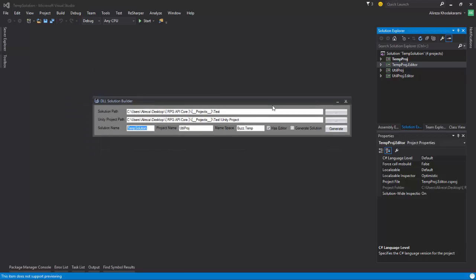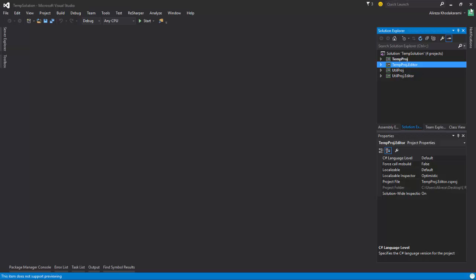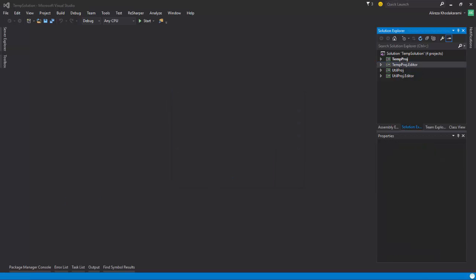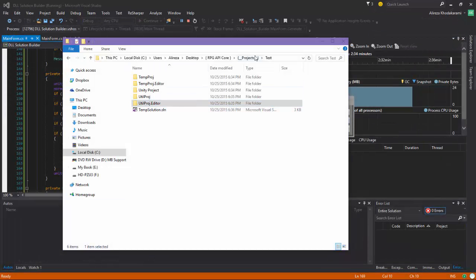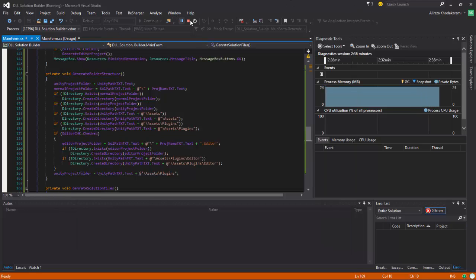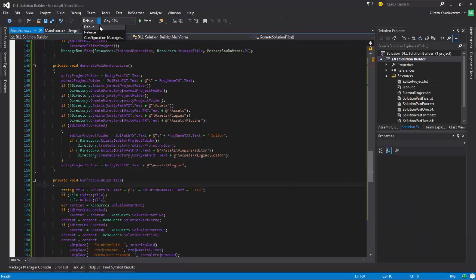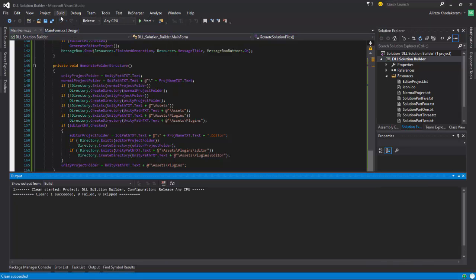But right now, this file will work, and I'm happy with it. So, yeah, close. That's it. So, it's time to make a release build. So, clean solution and build solution. What I get,